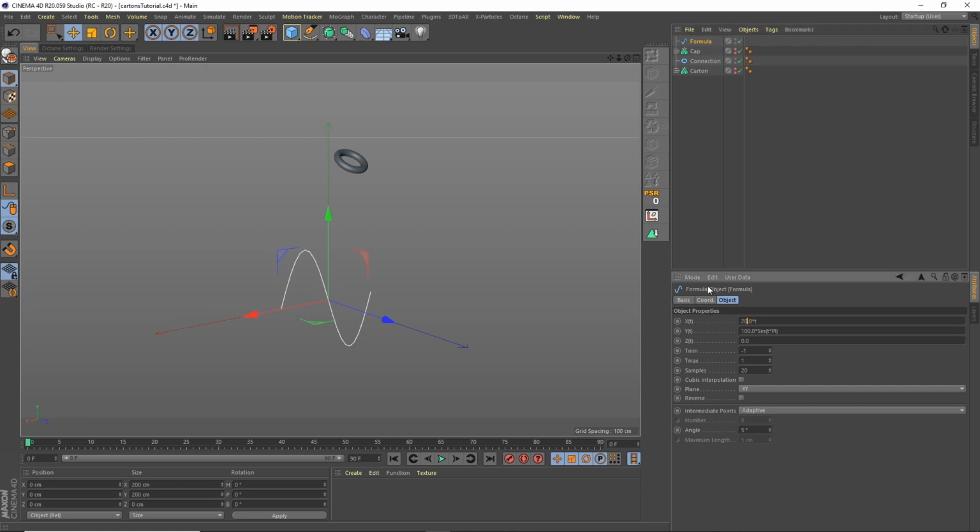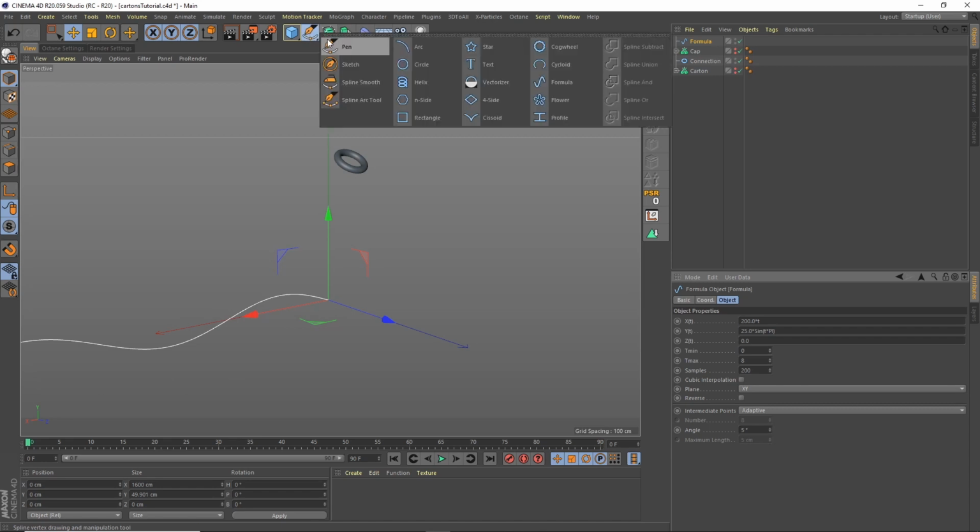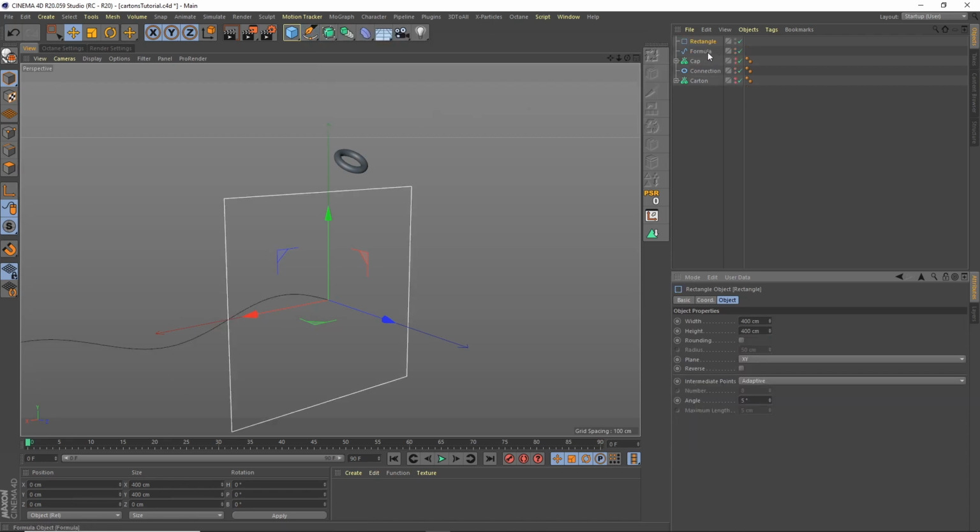Let's set the X to 200, so that's kind of the width of the formula. The Y, we want to change that to something very smooth, like a 25, so we've got this low profile smooth curve. The T min I'm going to change to 0, and then the T max 8, so I'm having 8 curves basically. And then samples, I'm going to up that to 200, so now we've got this nice smooth curve. And we'll get a rectangle from up here, and I'm going to make the width 300 by 300,